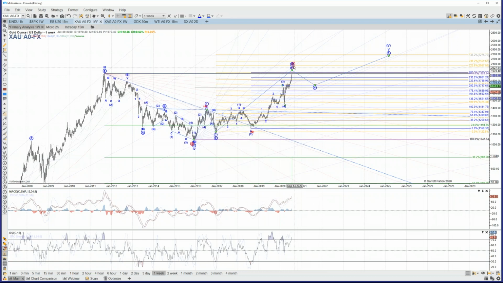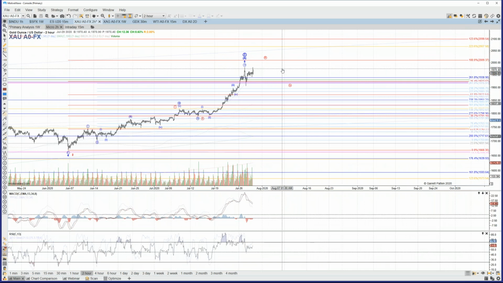So maybe we get an initial strong A wave down, and then a strong B wave back up that could even make a higher high as part of an expanded flat, and then pull back again as the wave C from there, but still eating up a decent amount of time to do so. Even in kind of the most bullish interpretation that I can come up with right now,